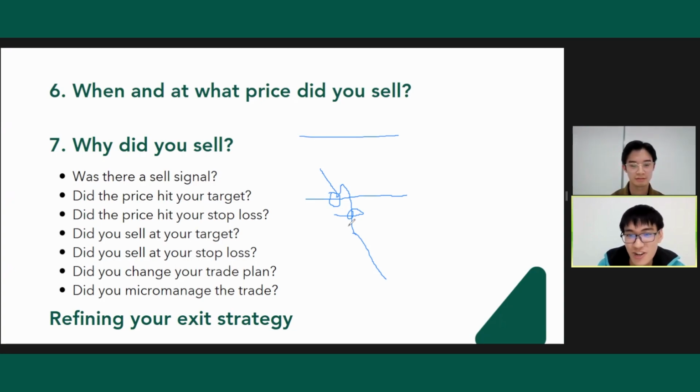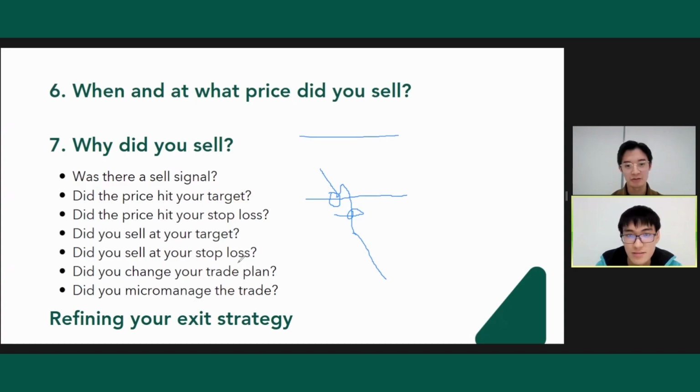Were you stubborn, that you kept on believing that the stock will go up even though price is saying I'm going down, right? So there. I actually have something to share. A few weeks ago, I journaled my trade on ICT because earlier this year I bought the breakout around 220, and it did a run up, and then it formed a head and shoulders pattern. You know how those are bearish signals, right? Yeah. So initially my trade plan was to hold and sell it at the break of the neckline, but at